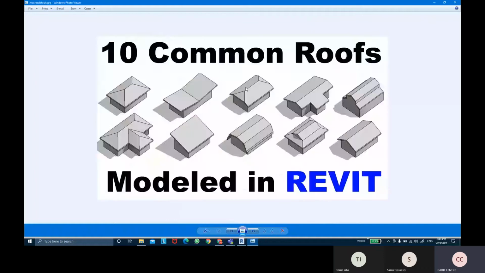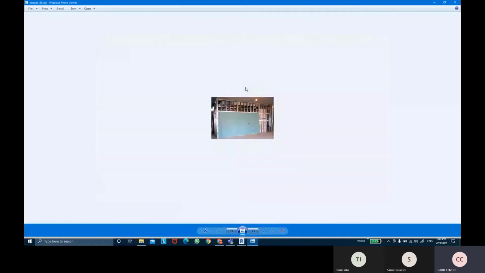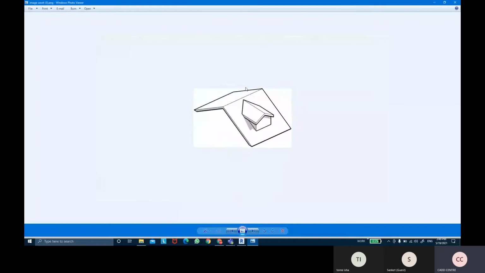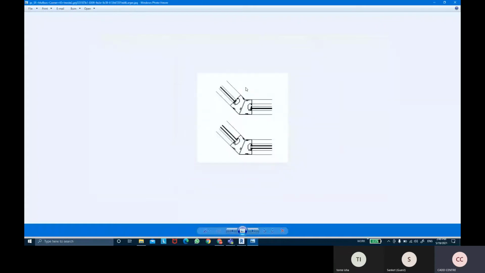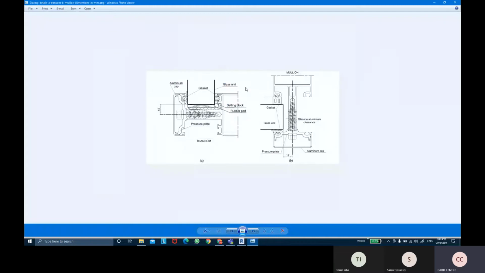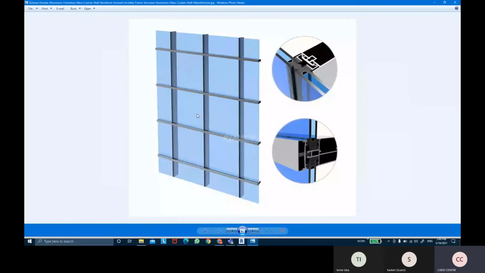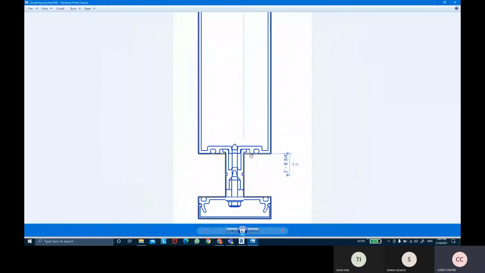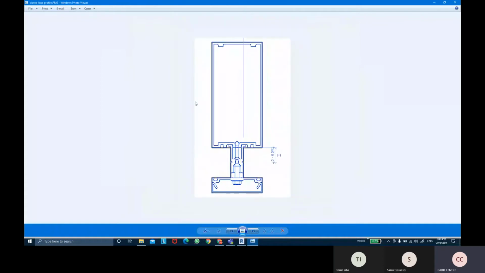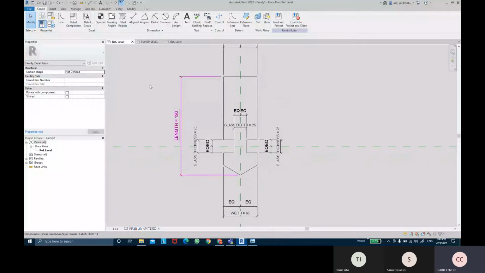Detail one. So these kind of detail profiles you can create. Okay, so we've got detail lines.